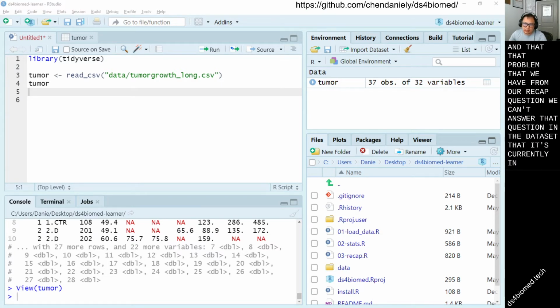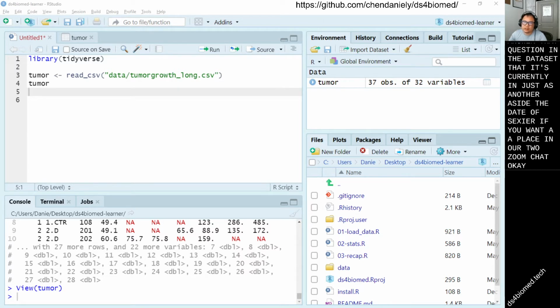Just as another aside, the data sets here, if you want a place in R to, my Zoom chat has officially crashed. Okay,